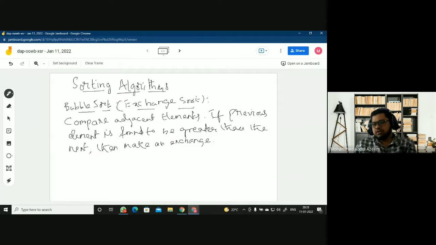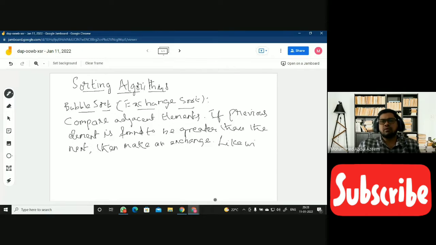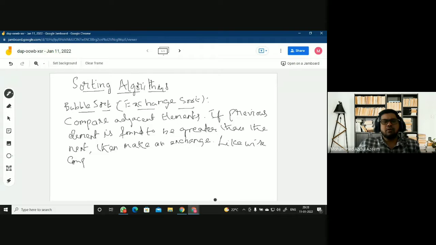Likewise, compare until the last elements.